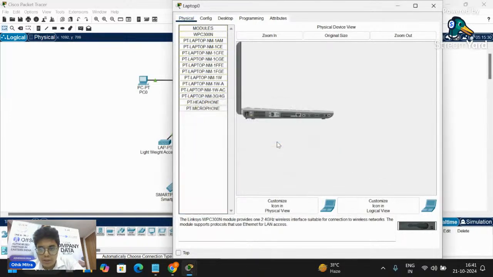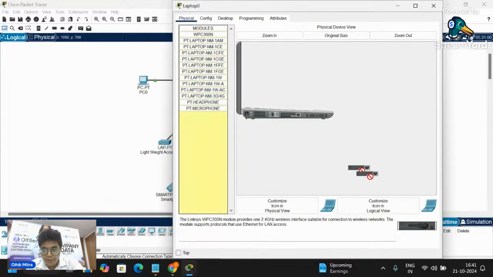Sorry, we need to turn it off first. Why? Because think about real life: to remove a port from a laptop, you need to open the back cover, so before that you need to turn the laptop off. You cannot do that while it is on. So we have turned it off.